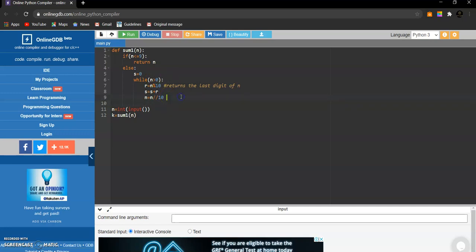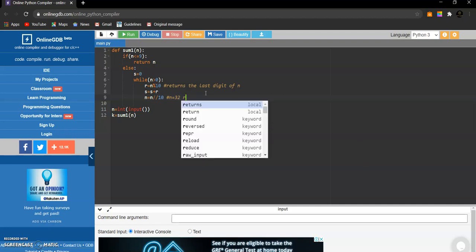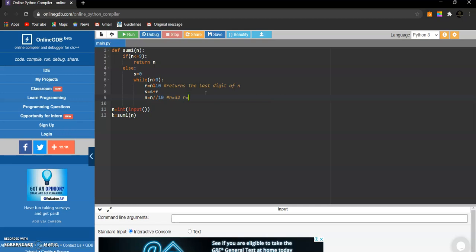Here let's take an example. Let's say n equal to 32. We have already obtained the last digit and stored it in r, like r equal to 2.